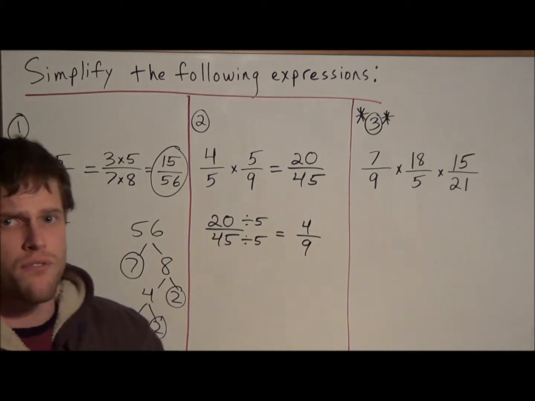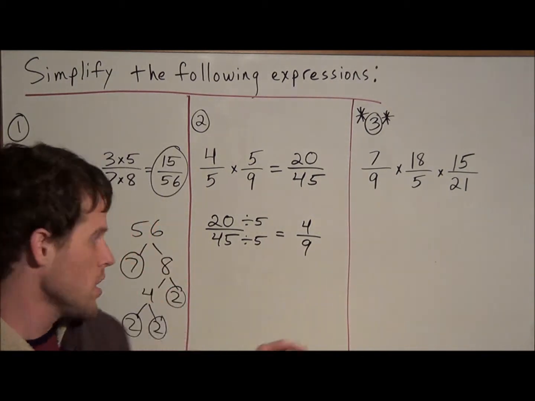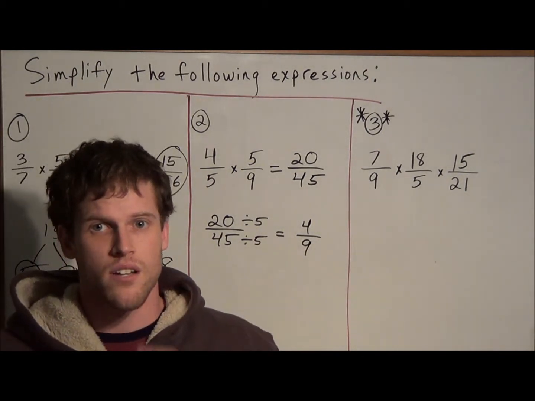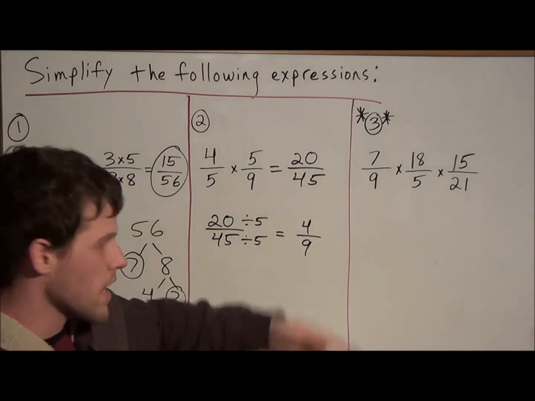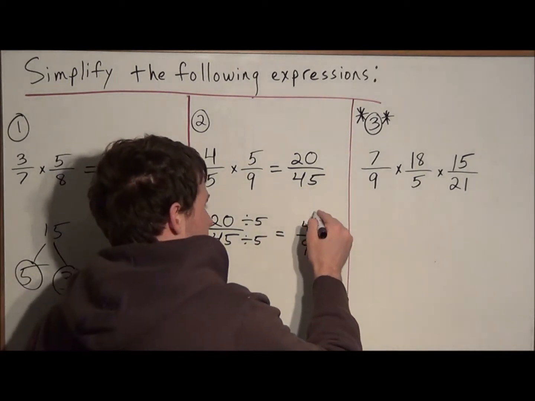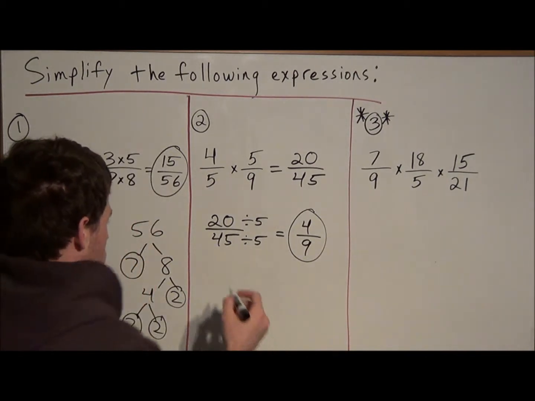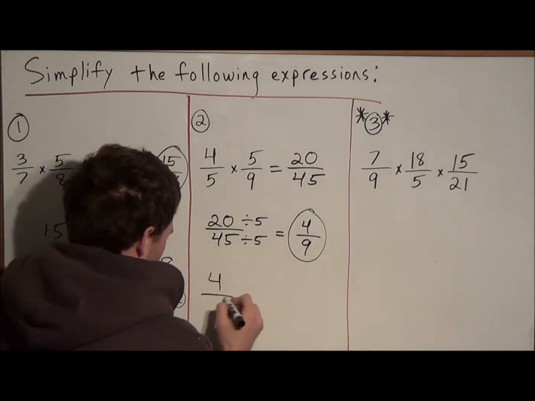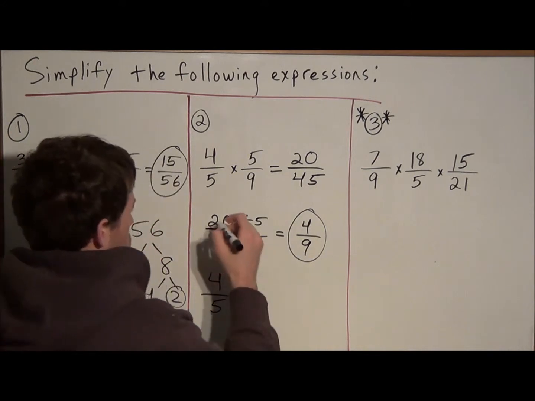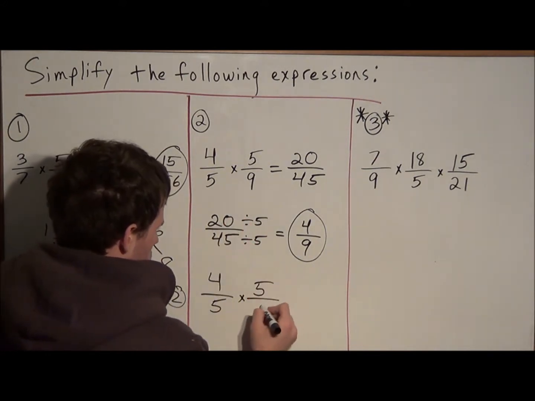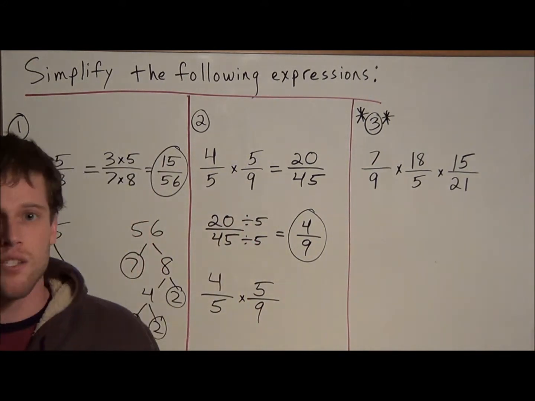The only factors of 4 other than 1 and itself are 2. The only factors of 9 other than 1 and itself are 3. So these have no more common factors. This is as simplified as it gets. But there is a much easier way. With fractions, when you multiply, when they're written in a string like this, before you multiply, you could simplify the